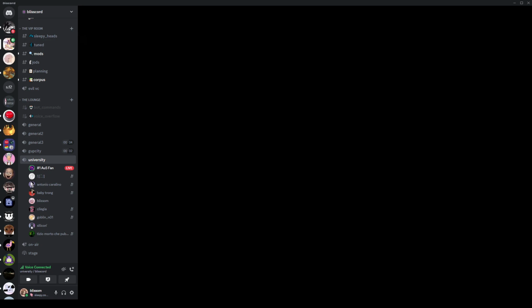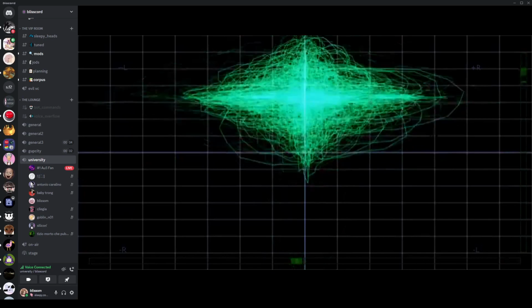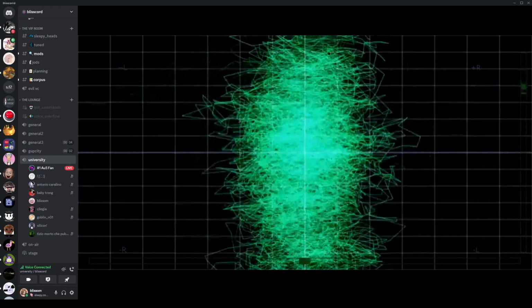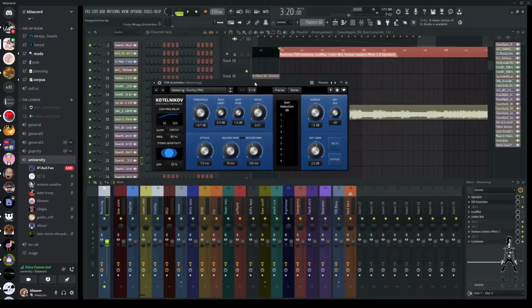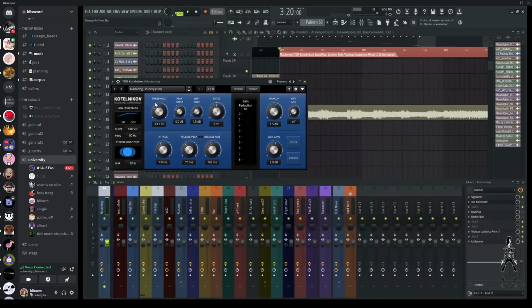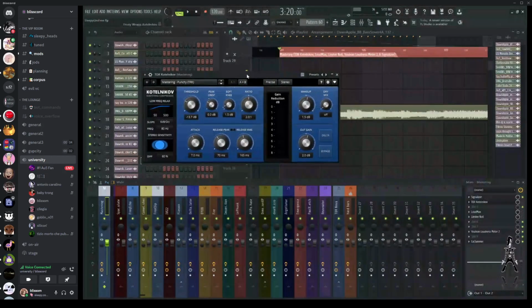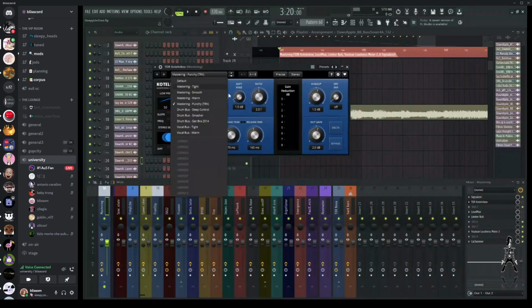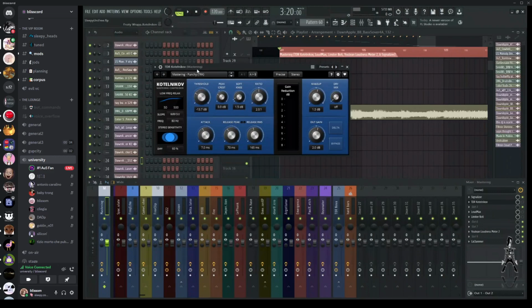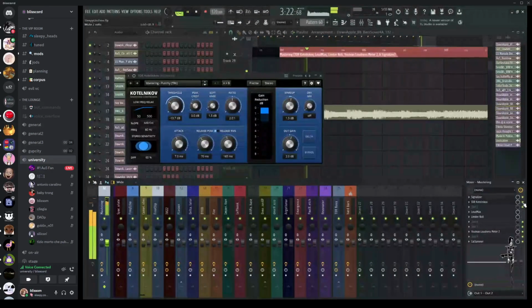But yeah, there's Spectrum and Vector Scope. But yeah, that's that. This is TDR. I looked up how to pronounce this yesterday, and then I immediately forgot. I think it's Kotelnikov, but it's a compressor made specifically for mastering. It's got a bunch of presets. This is just one of them. You can get a little bit extra out of it,